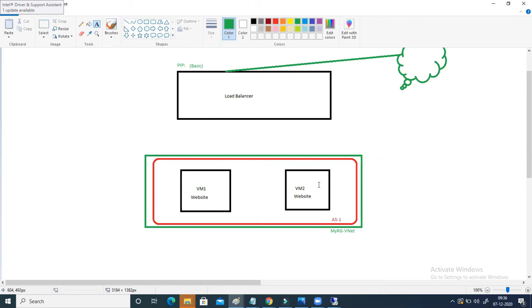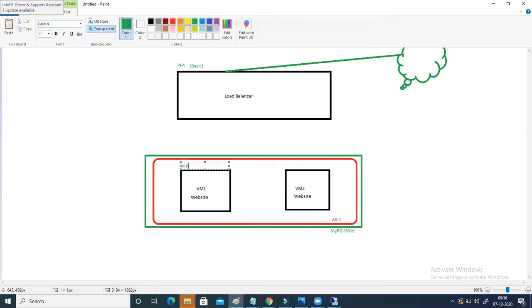The first thing is that on the backend target, let's say you have the public IP address here. On VM1 you also have a public IP address, and VM2 also has a public IP address. If you are creating a basic load balancer, the backend target should also have a basic IP address only. Otherwise, what will happen? Suppose instead of basic, you take the standard IP address. In my case, I have taken the standard, right? So if I create my load balancer as basic, this load balancer is not going to detect these targets. So you have to keep this in mind.